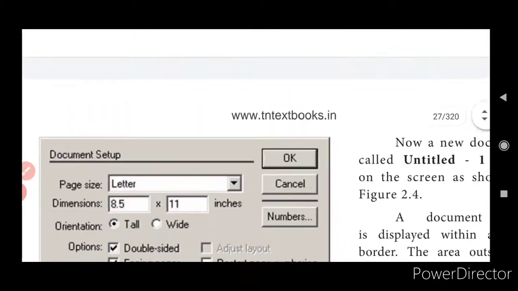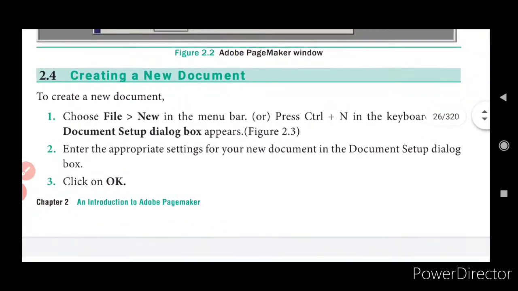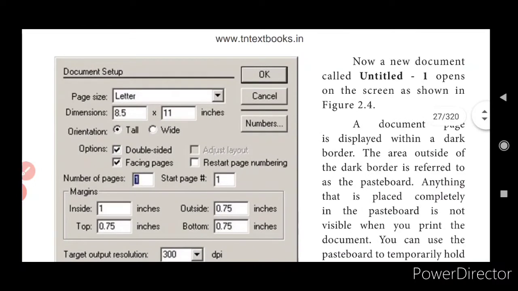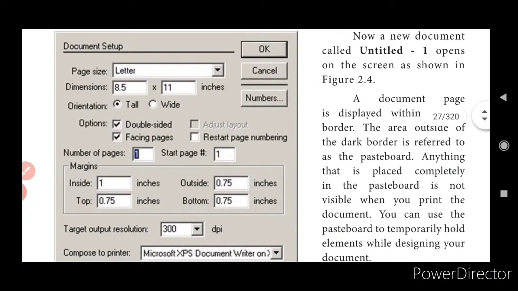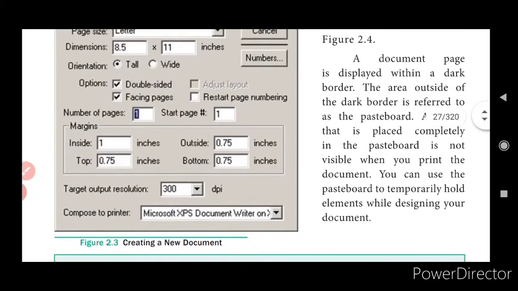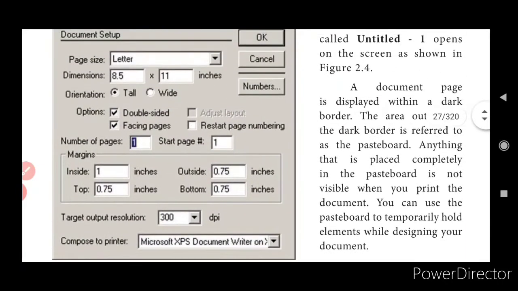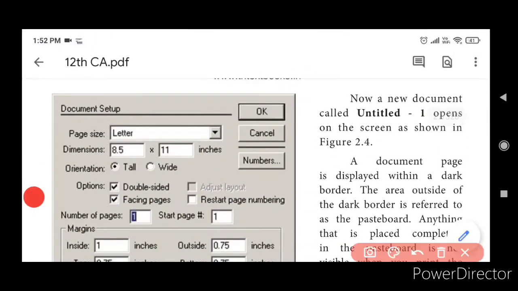See, before that you will have a document setup. Let me show you. Yes, a document setup dialog box will appear as you give your File New. Fine. So as you give File New, a document dialog box will appear, and then give the appropriate setup. What sort of page you want. All this will be by default. You have to change your text box, menu bar, your optional buttons, anything and everything, whatever you want, you can change it accordingly. Then you can give it as OK. Here the OK button.